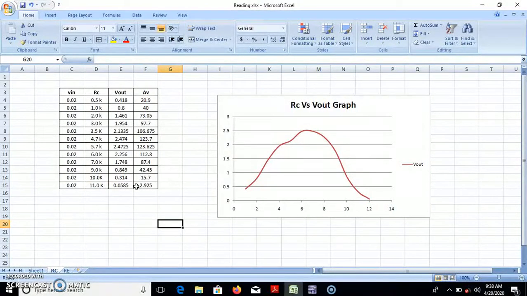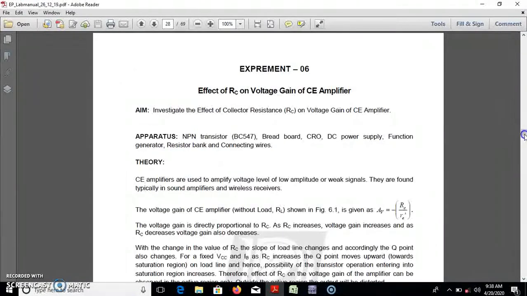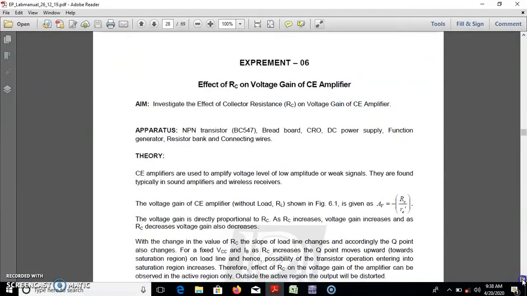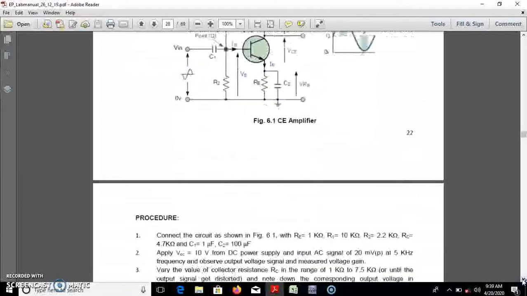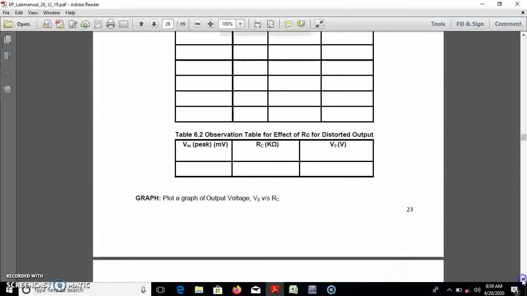Now we need to find out the probable reason for this behavior. Table number 6.2 is meant to find out the point from which the distortion is going to occur.